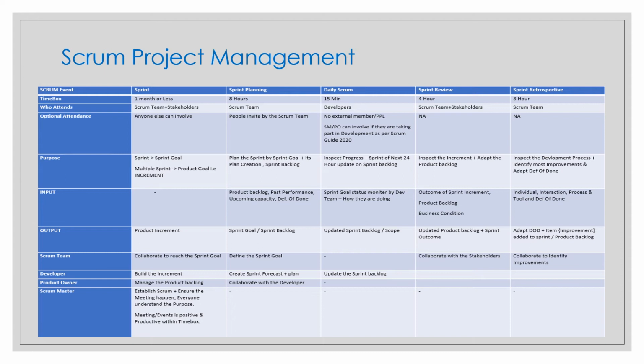The last one is the sprint retrospective. The sprint retrospective is the very last event of the sprint, right after the sprint review, but prior to the sprint planning. While the sprint review meeting focuses on inspecting the outcome and adapting the product goal,